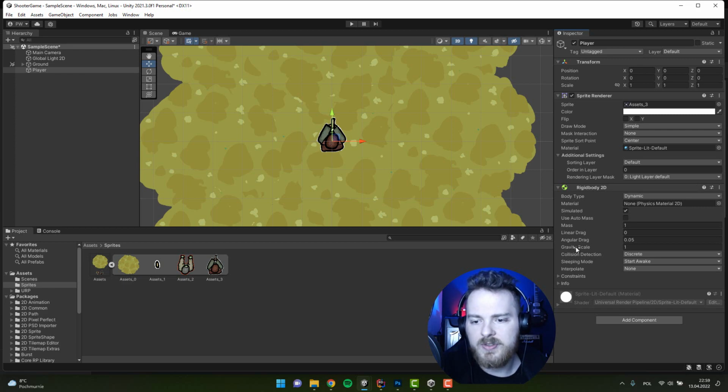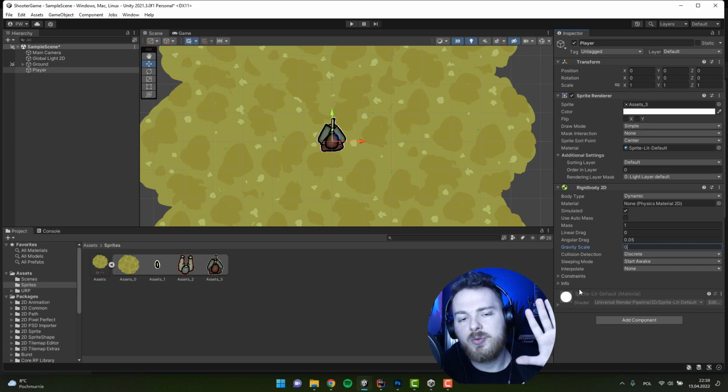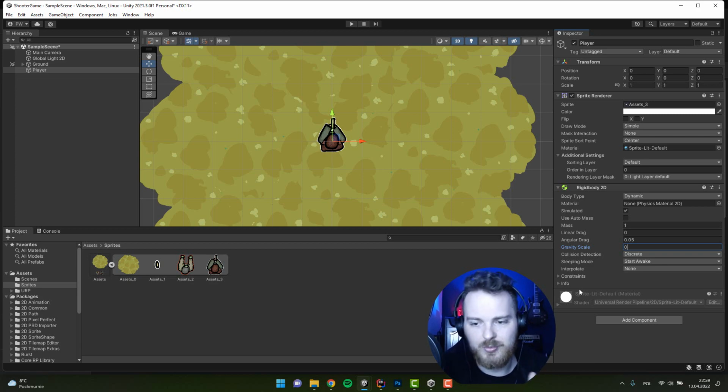What I have to do, you see there is this setting gravity scale. I have to change it to 0 because obviously our game is top down, so I don't want the character to start falling down. So if you see that your character starts falling down, you probably forgot to change this one. Beautiful. I have that. Then